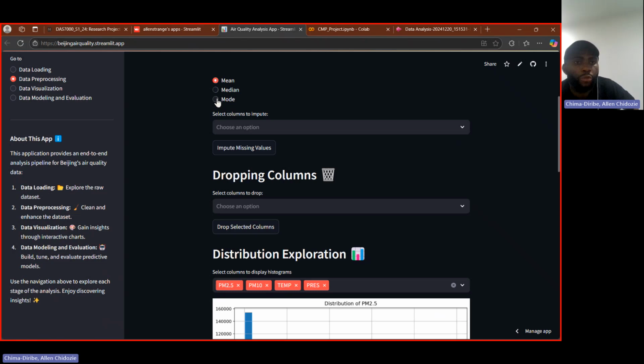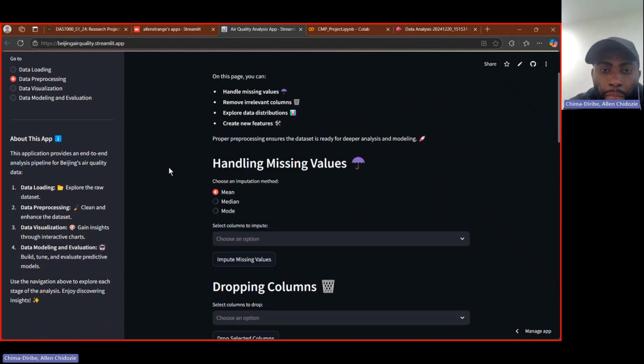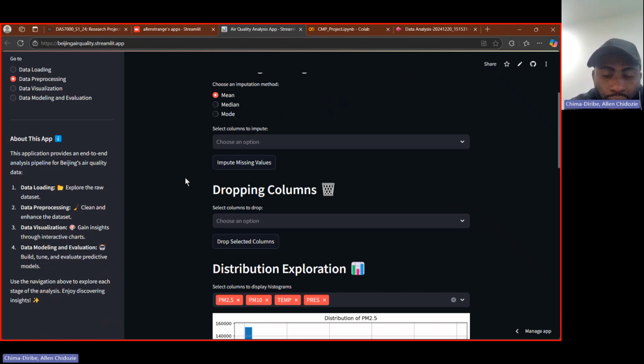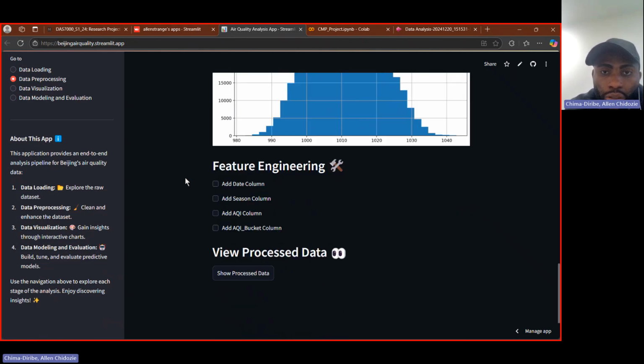Mode also comes into play in categorical features, which also need to be fixed, and dropping of columns that don't contribute in any way to the totality of the data set. We also have feature engineering, so certain features will develop the season column and the AQI buckets to categorize,